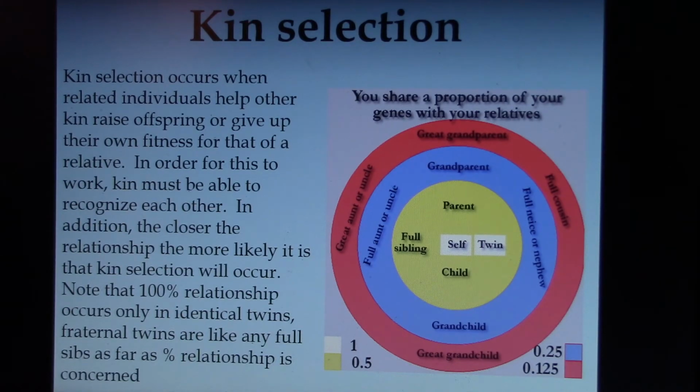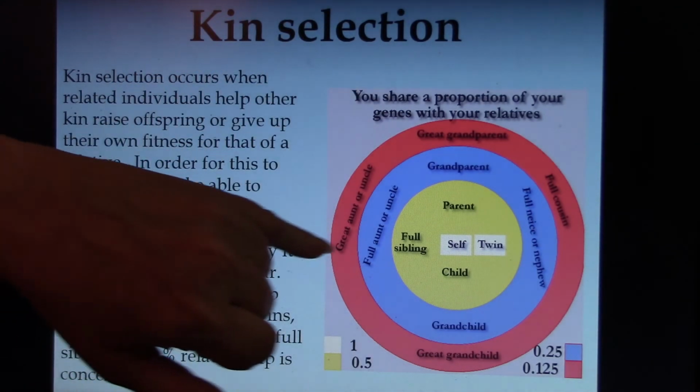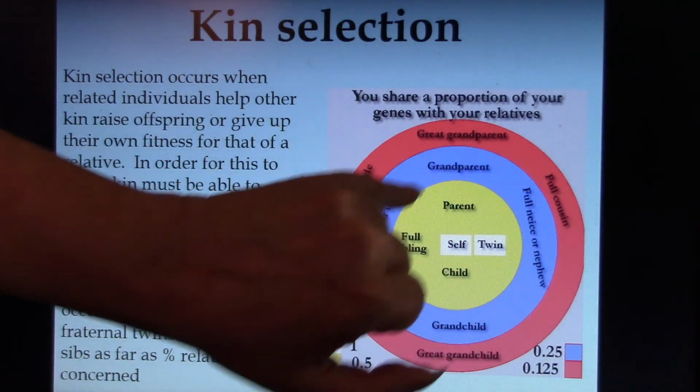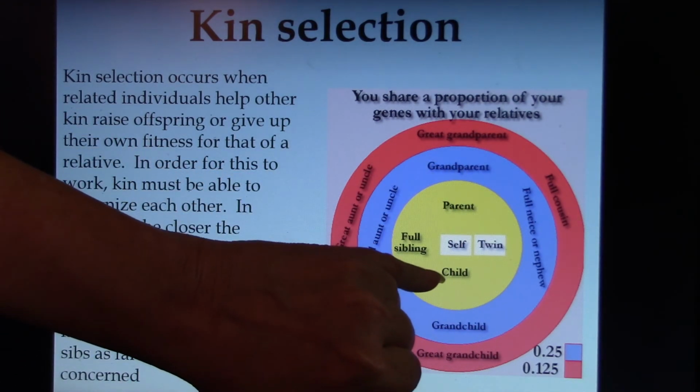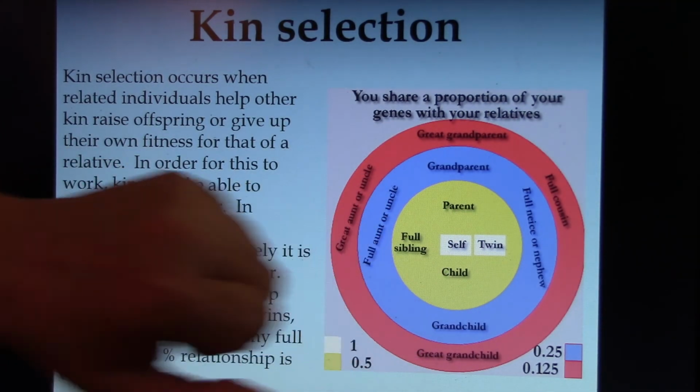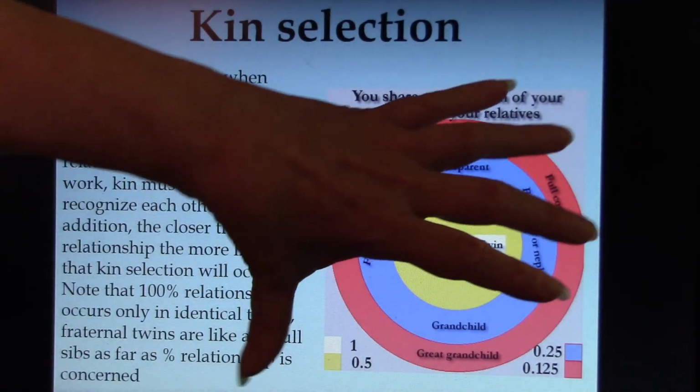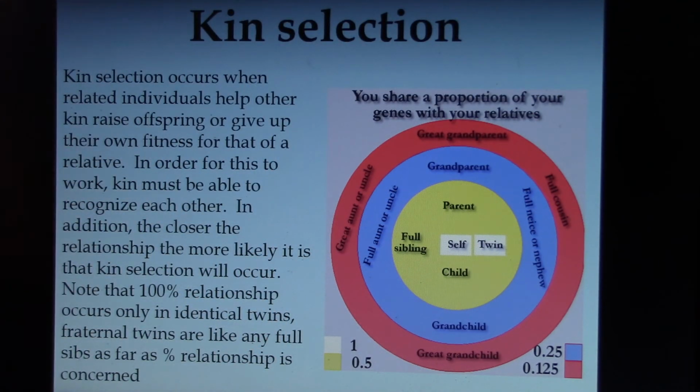alleles with your relatives. And in fact, researchers have looked at it, and they see that it's more likely to happen in the yellow circle, where it's the offspring helping the parent, or full siblings helping each other. And then the further out you go and the less relationship, the less likely you are to see an individual giving up its own chance of having babies to help a relative. So it's really cool, and there are lots of examples like Belding's ground squirrels. Wasps are a good example. So there are lots of examples of kin selection.